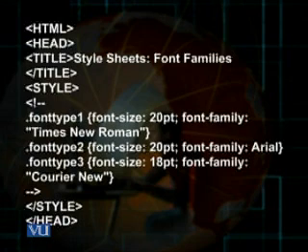You can see I have changed the font family from Times New Roman to Arial. Then the third style class is font type 3 and font size 18 point, font family Courier New. Wherever there are font types which consist of more than one word, we always give their values in double quotation mark. So therefore you can see Times New Roman, it is in double quotation mark, and Courier New, it is also in double quotation mark. Then we close the style tag, close the head tag.